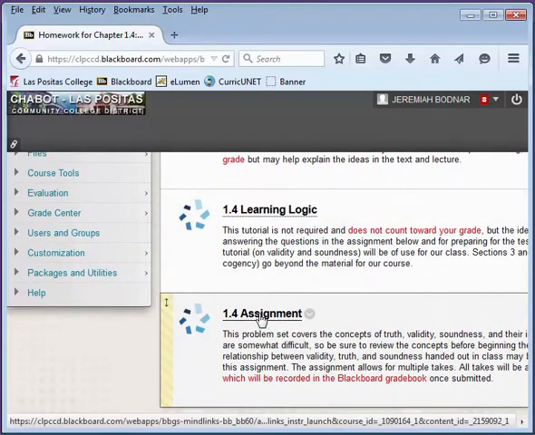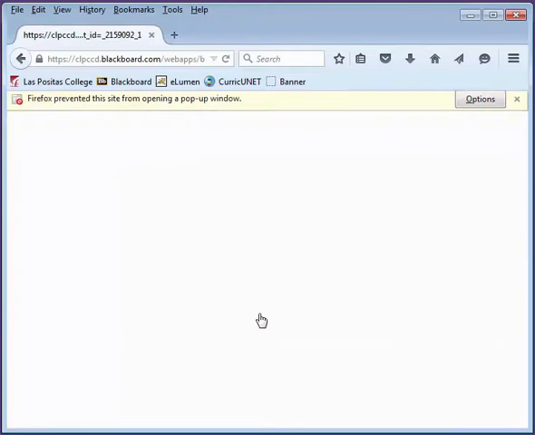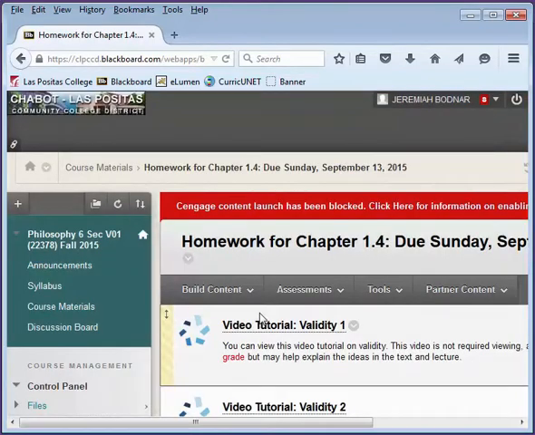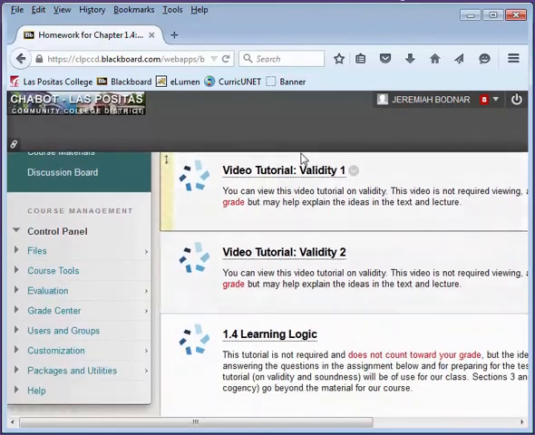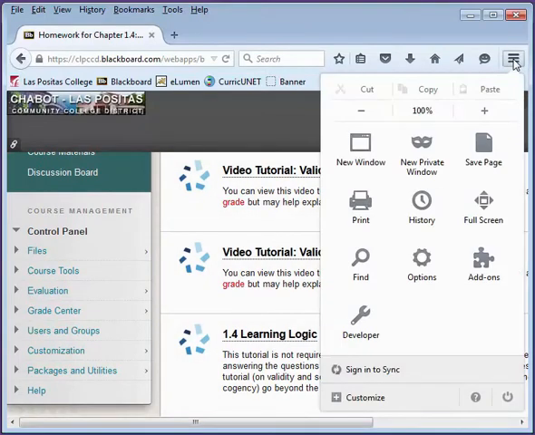So let's say I click on the assignment, and the first thing that happens is you saw Firefox really quickly said, I'm not going to allow a pop-up. Here's how within Firefox you can fix that. So one option I have is just to try and click up here fast enough to permit it. That can be pretty frustrating, but if I go into